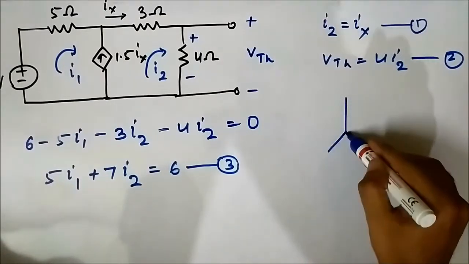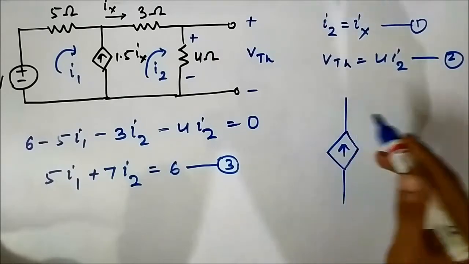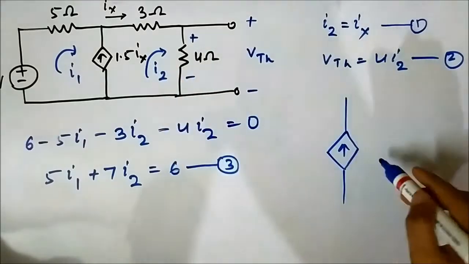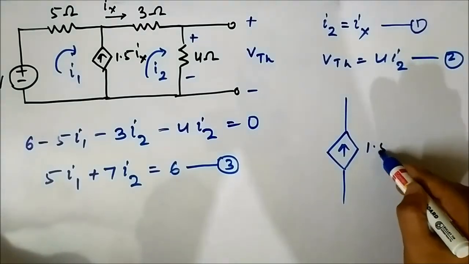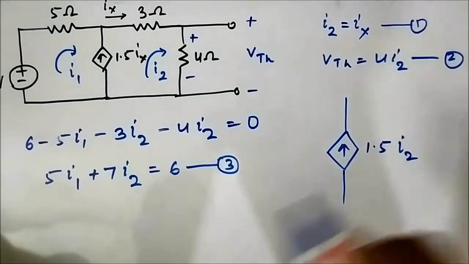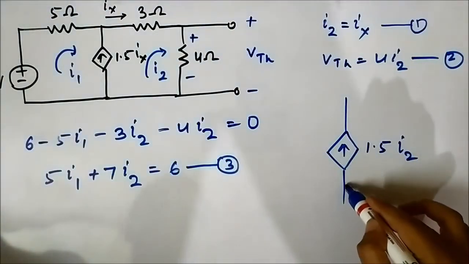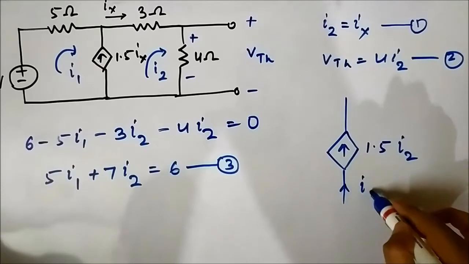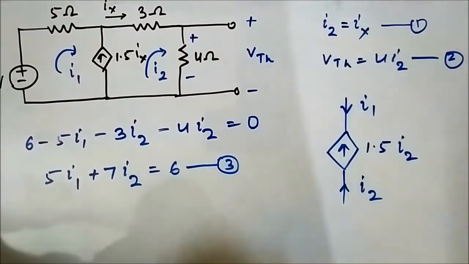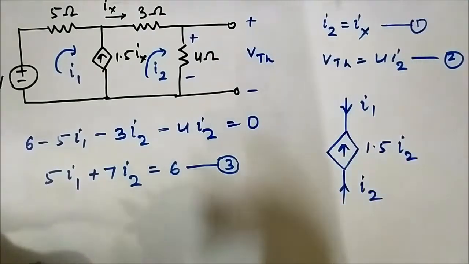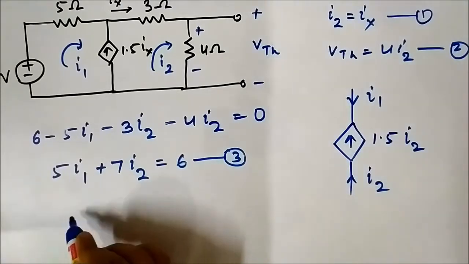Here this is the dependent current source 1.5 Ix. As I2 and Ix are equal, we can write it as 1.5 I2. Through this I2 is flowing upwards, I1 is flowing downwards. So we can write this as 1.5 I2